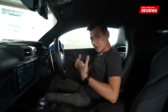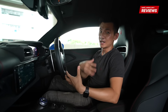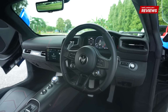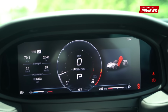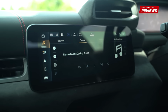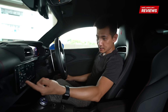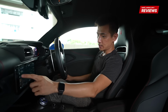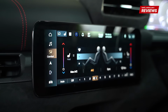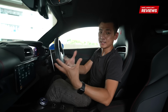So the interior of the MC20 is actually surprisingly usable. Obviously, this is again in the context of a two-door sports car. So for example, we have a digital instrument cluster and you can configure it such that you can actually display a full map display. And this infotainment system here, it actually works pretty well, I must say. By itself, it has navigation, you can do your climate control settings here, some of your car settings here. And this one also comes with wireless Apple CarPlay, so that's a nice thing to have in a car like